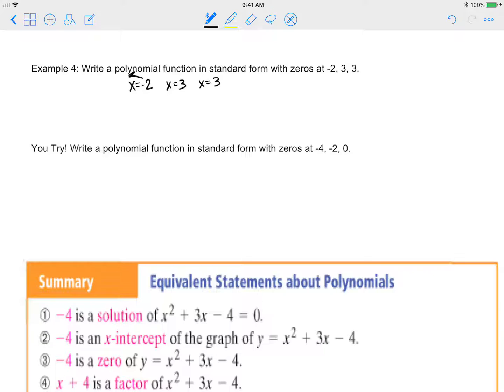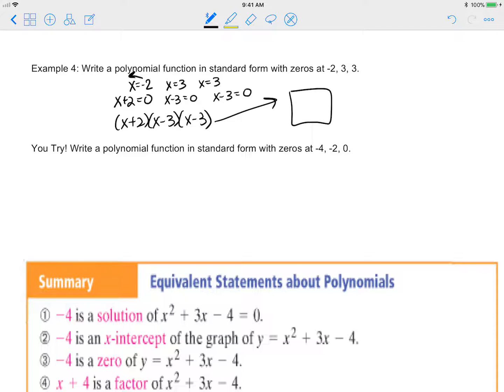So I'm going to think backwards, and I'm going to move it back. And when I move it back, it looks like I started off with x plus 2 equals 0, and x minus 3 equals 0, and x minus 3 equals 0 again. So it looks like we've got x plus 2 times x minus 3 times x minus 3. Okay? And to write this in standard form, you would create your box,